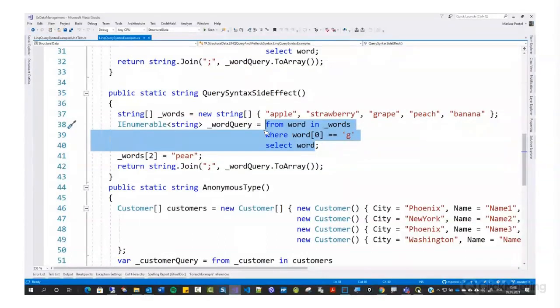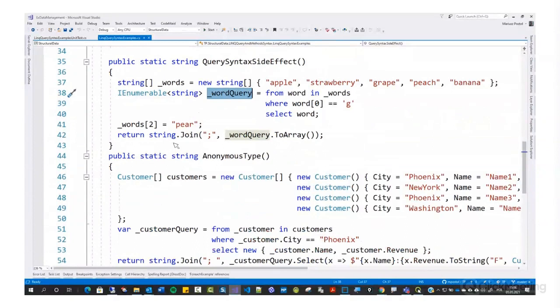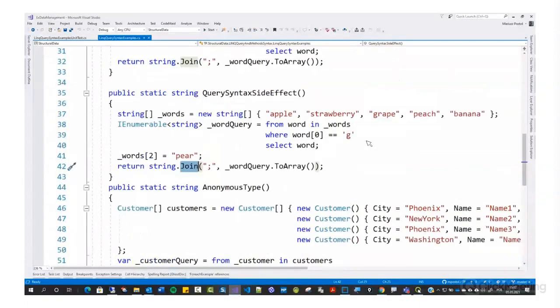We are converting it into an object and assigning a reference to this new object to the word query. Therefore, we are not executing this expression. It is the reason why we are getting string empty here, because this expression must be executed somewhere over there,